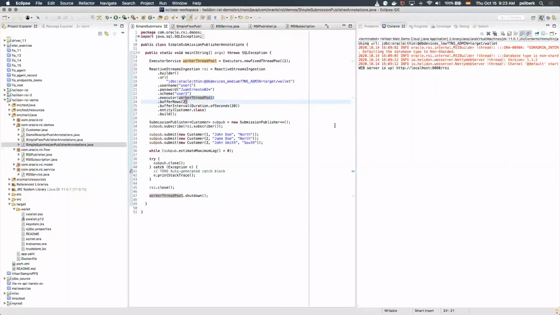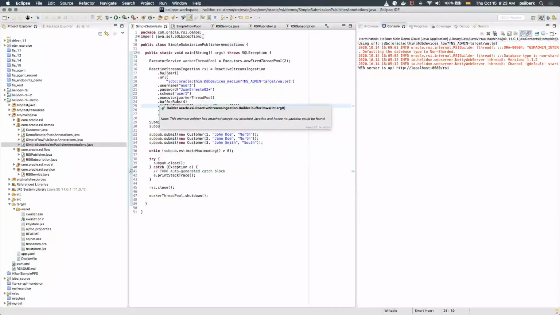Then a size of how many rows you want. I'm changing this because I see below that I'm going to insert 3, so I don't want to block the library while it's doing the insertion. So buffer rows is the maximum amount of records that it's going to hold before flushing into the database.